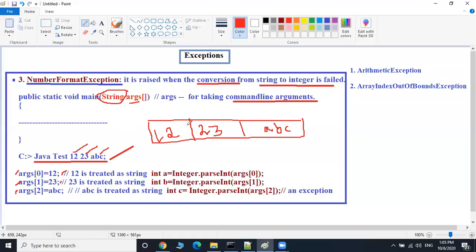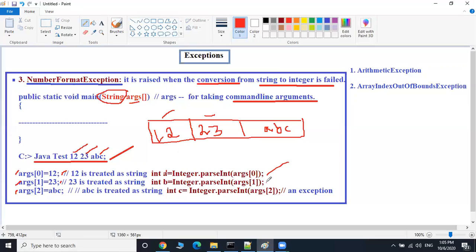If you want to represent 12 and 23 as integers, it is the responsibility of the programmer to convert them. For that, use the wrapper class Integer.parseInt of args[0], Integer.parseInt of args[1]. Now 12 and 23 are successfully converted into int data type, and their values are stored inside a and b.